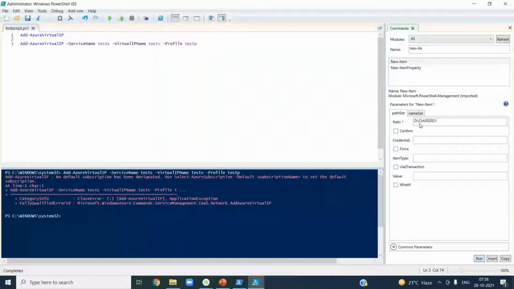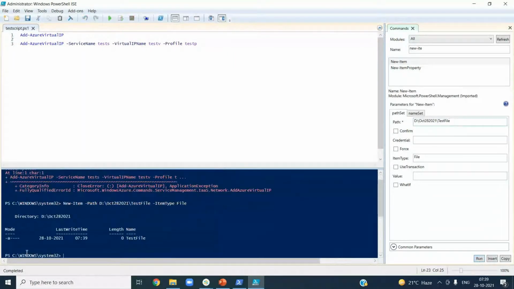You don't need to fill in everything else. Then item type is file. Give this test file. Okay, item type is file. Then let's run this.